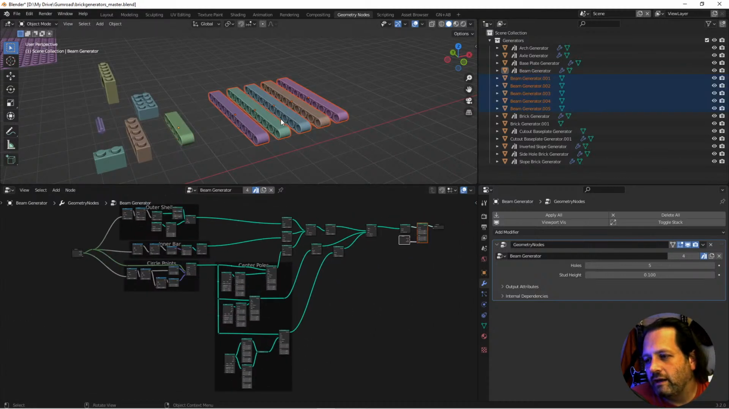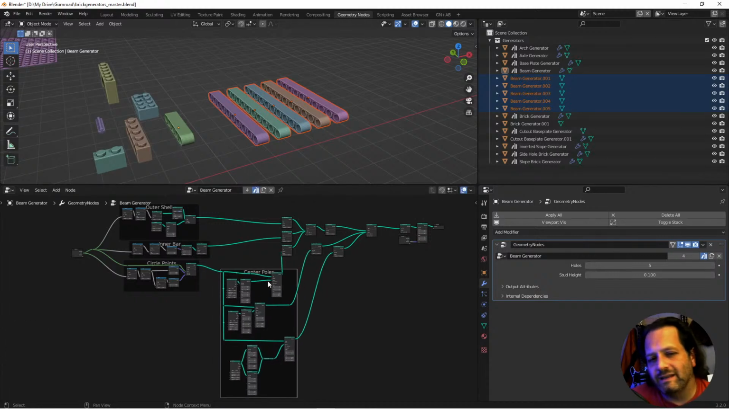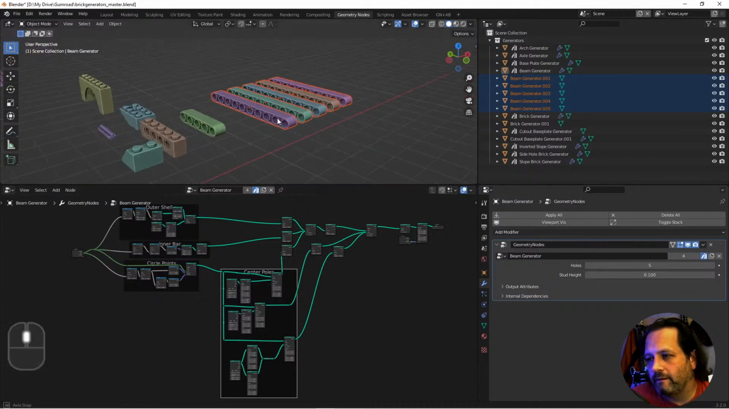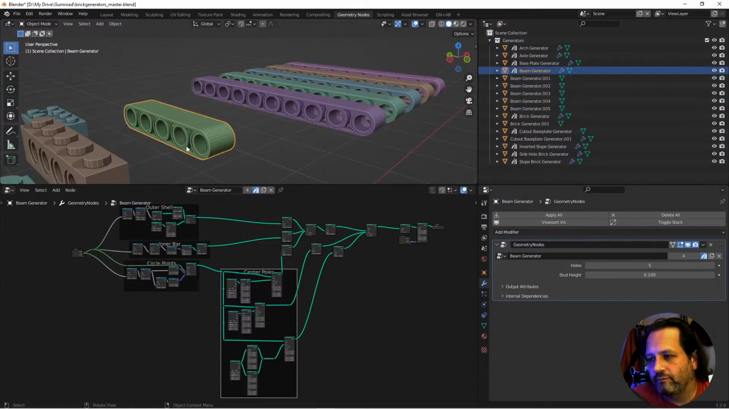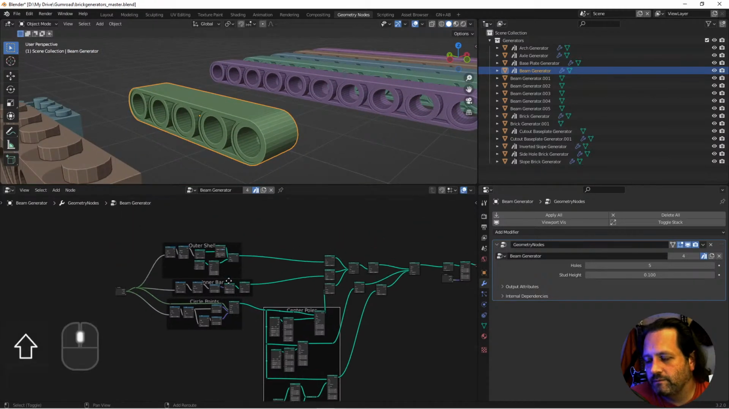And I've tried as well, if you go and you download this and you check these out, I've tried to, as much as possible, put frames around some of the groups of nodes to try to give you an idea of what's happening where. So, like these beam nodes,